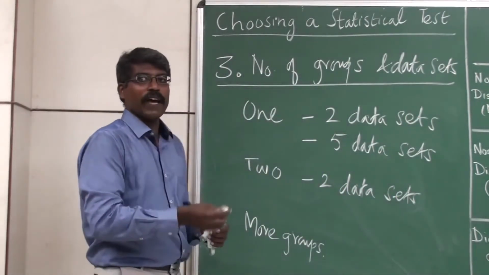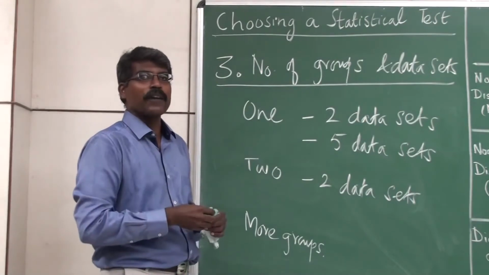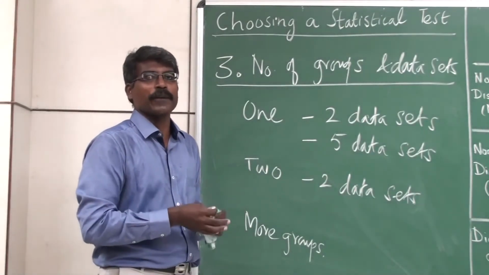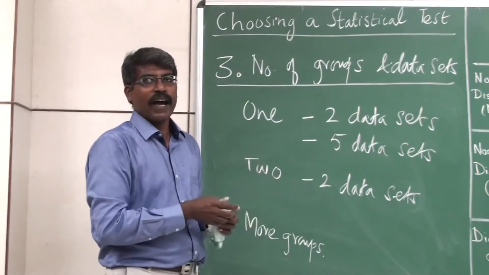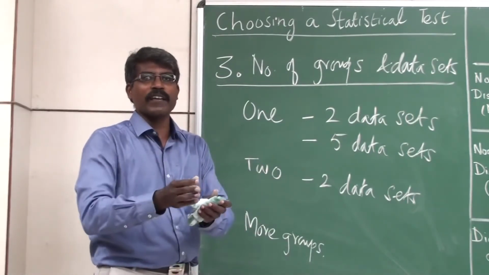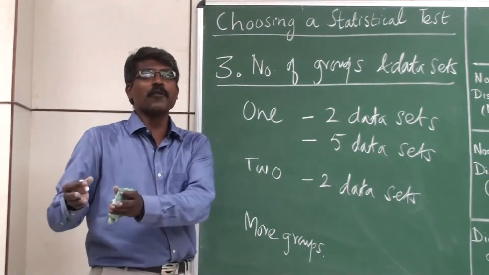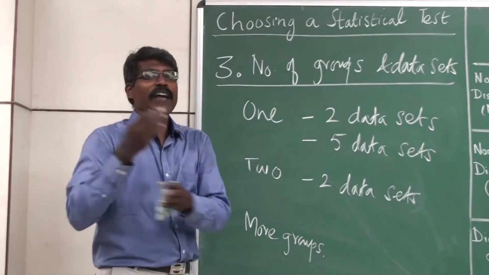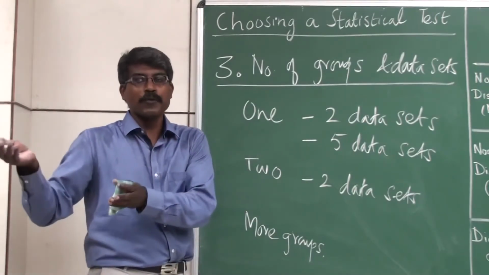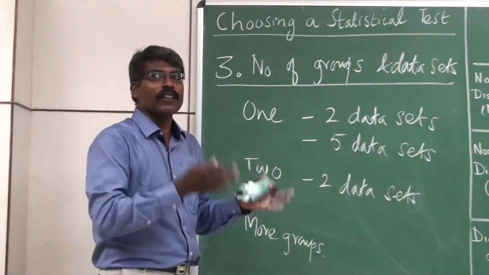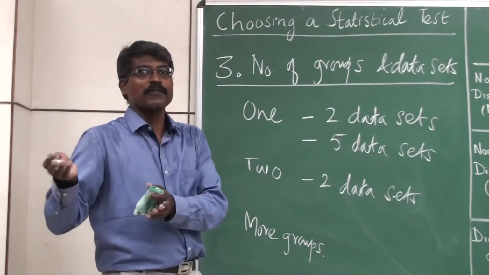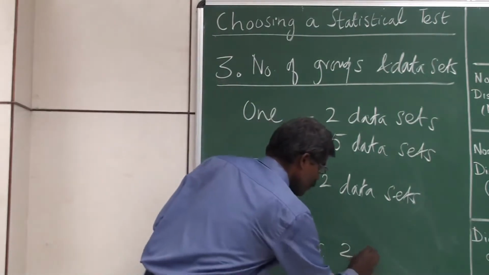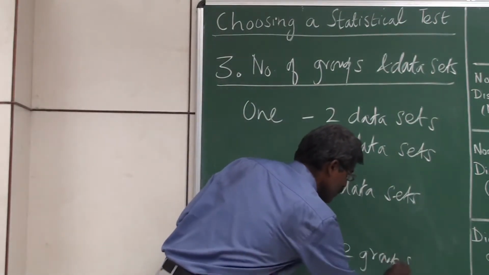Now, sometimes, let's take the same example. I have three groups of hypertensive patients. To one group, I give a new drug. To another group, I give a calcium channel blocker. To the third group, I give ACE inhibitors. To the fourth group, might be diuretics. So I have more than two groups, here in this case 4 groups, and all these 4 are totally different. So this is an example of more than 2 groups, and I have more than 2 data sets.